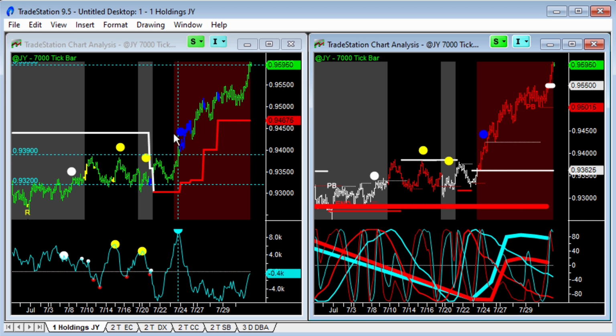Left-hand side, everything to do with volume, Better Momentum, which is a volume-based momentum indicator below the price bars here. And then on the price bars themselves, we've got Better Pro-Am, which uses the average trade size to indicate professional and amateur activity. Anyway, so Japanese yen, we've been in this trade just about a week now, which is this